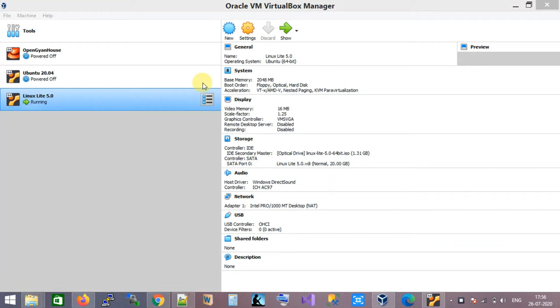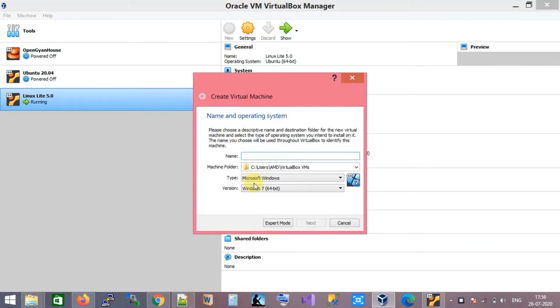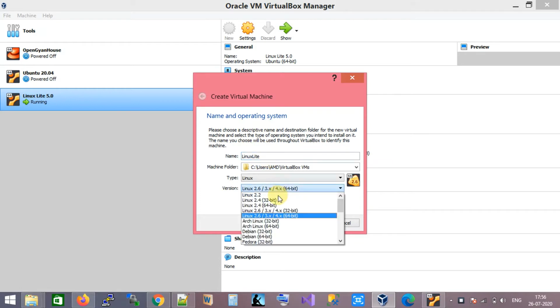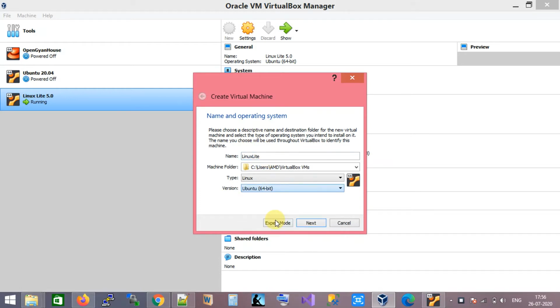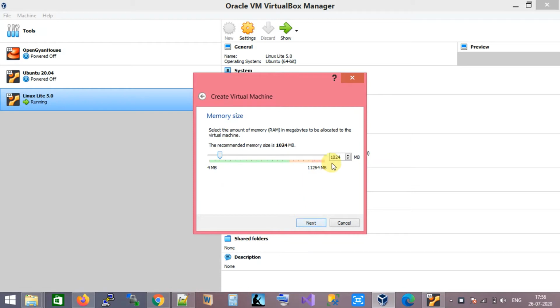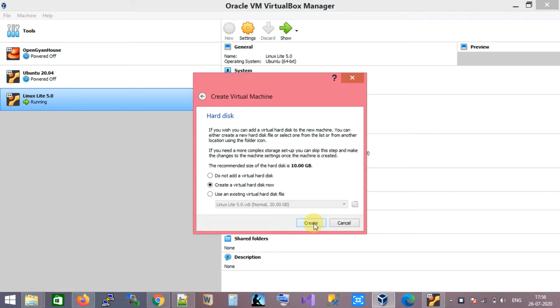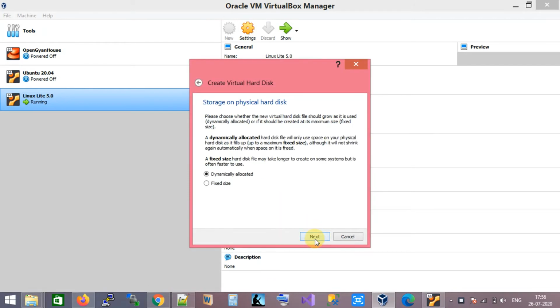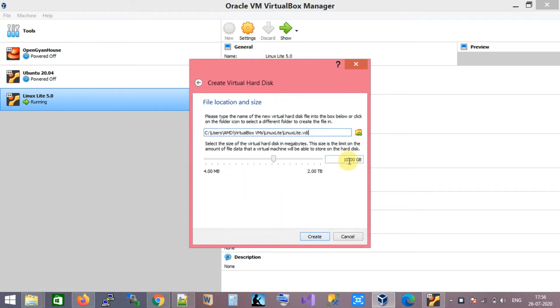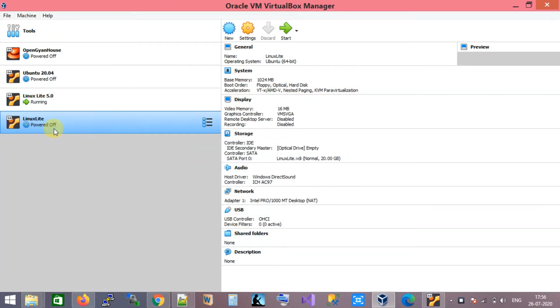For installing Linux Lite in VirtualBox, you have to click on New. So you have to create a new VM. Let me provide the name Linux Lite for this new VM. Here I have to select the version, so I will go with Ubuntu 64-bit, and here you can provide the RAM. I'm providing 1 GB of RAM, and the virtual disk is VDI. If you want to create a partition size like 20 or 30 GB, you can use that here. Once you click on OK, you can see the Linux Lite VM is created here.